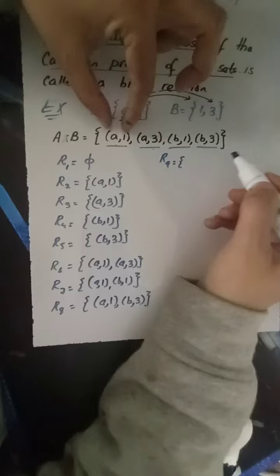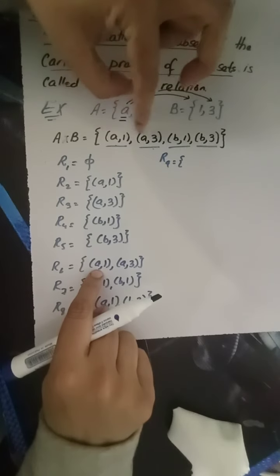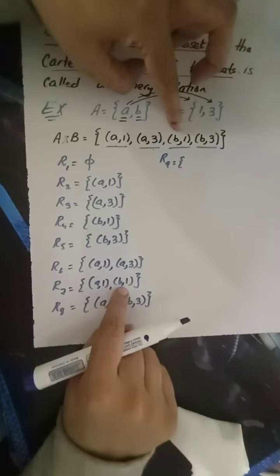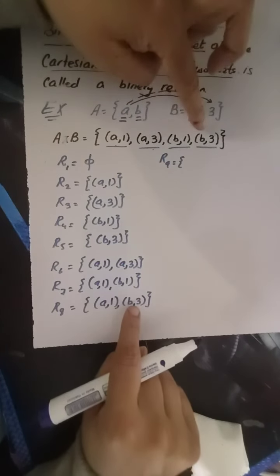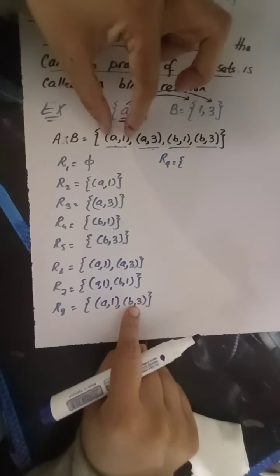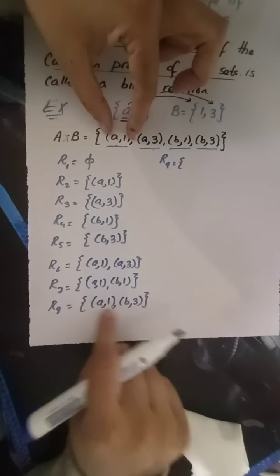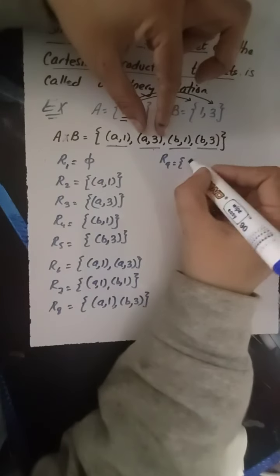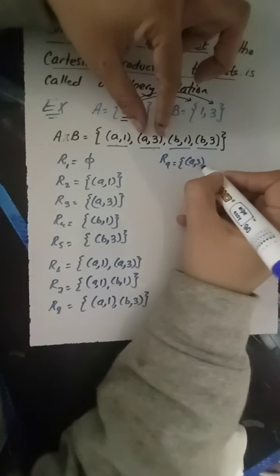Now as I have taken A1, I made it a subset with A3, then again A1 B1, A1 B3. Now I have made all the possible subsets with the help of this element. Now I'm going to take this element A3 and I'm going to make its